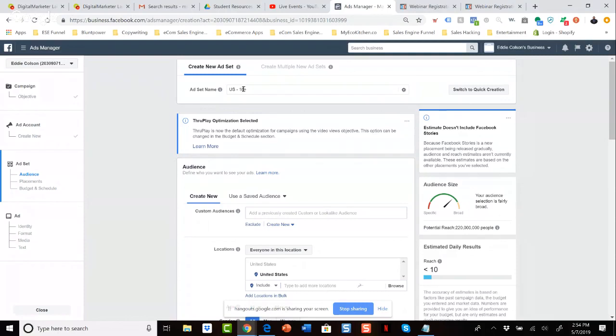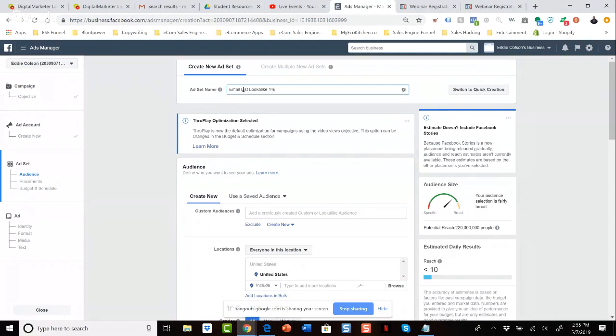And when it comes to how you want to name your ad sets, I typically like to follow what type of targeting we're using, the age, and then if applicable, the location. So in this case, with this ad set, we're going to be targeting your email list lookalike. And what that is, is that we uploaded your email list earlier into Facebook audiences,